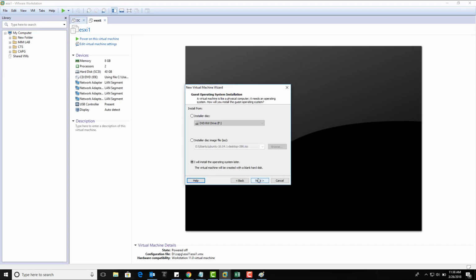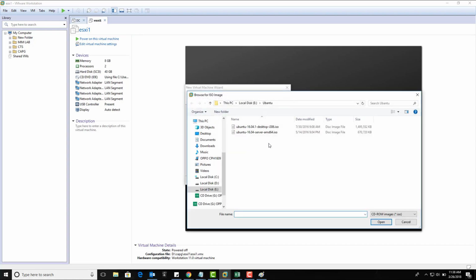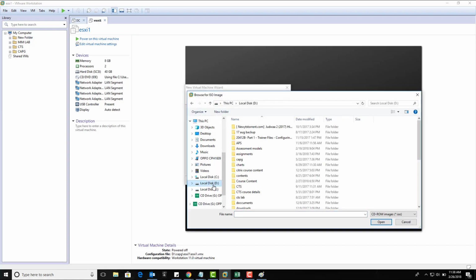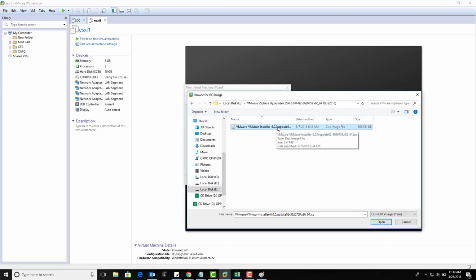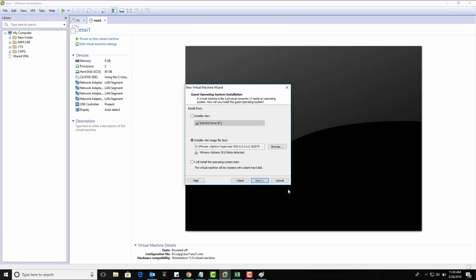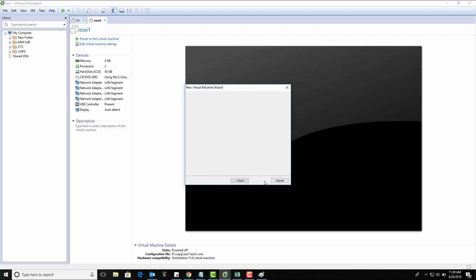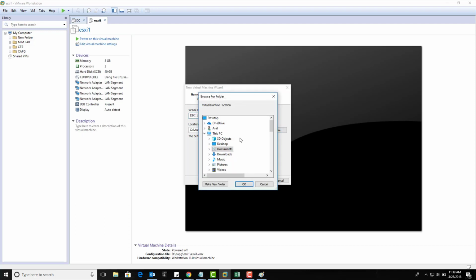So in the welcome wizard, I just proceed with next, and I will attach the CD DVD required for this. So this is our VMware ESXi 6.0 ISO. I have got it over here. Now the CD DVD is attached, and let me name it ESXi 1, and I will choose a location where I would like to install this. I'll just put it in the D drive, and